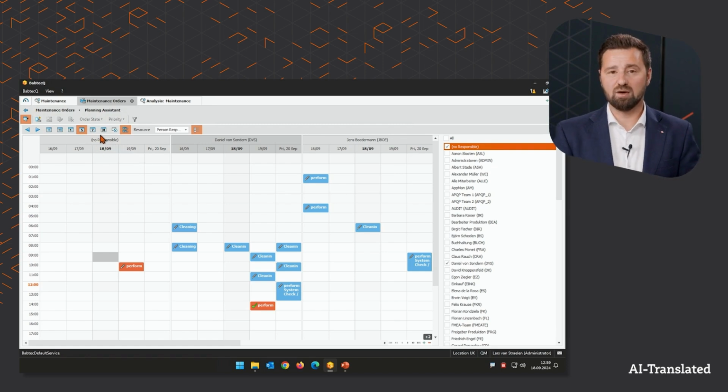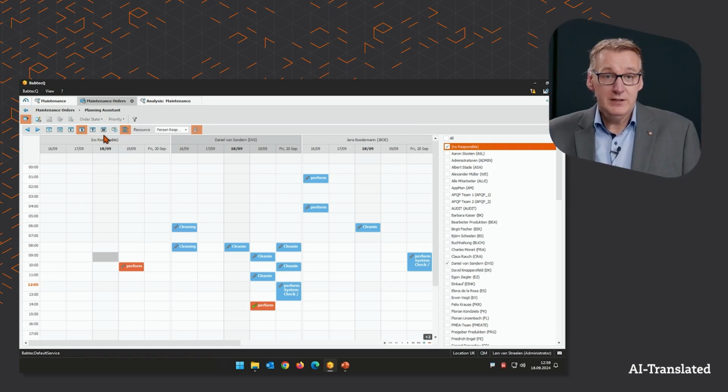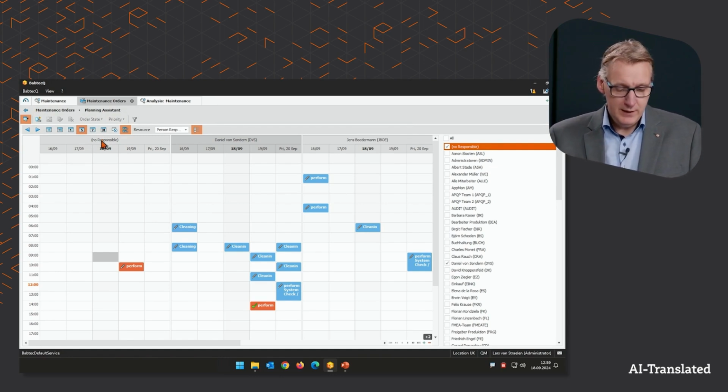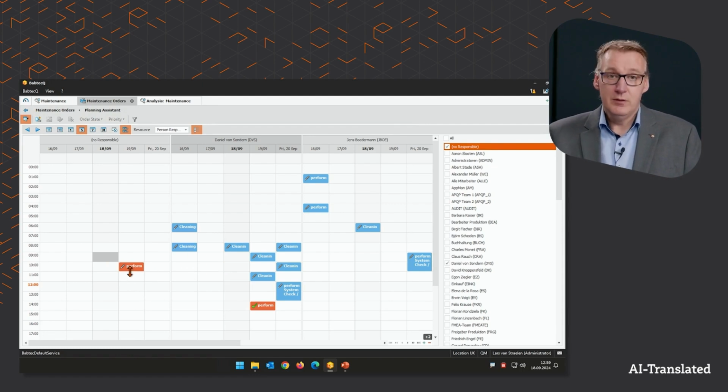And Lars will carry that out now. This positioning, this scheduling is now actually done simply by drag and drop. So I can now go ahead and this scheduled repair order here, just a little note, you can see repair orders in orange, maintenance orders in blue. This repair order that I scheduled for tomorrow is currently not assigned to anyone. I'm taking this now by drag and drop and moving it to the person Daniel.